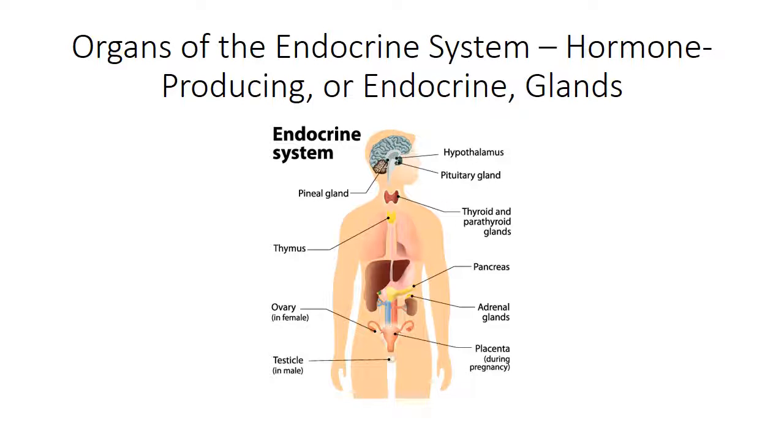For example, the pituitary gland produces hormones that stimulate the thyroid gland, hormones that stimulate growth of the body, hormones that stimulate production of milk in women who just had their babies, etc., etc. Many different functions are under the control of the pituitary gland, which is in turn under the control of the hypothalamus. You also see the pineal gland,